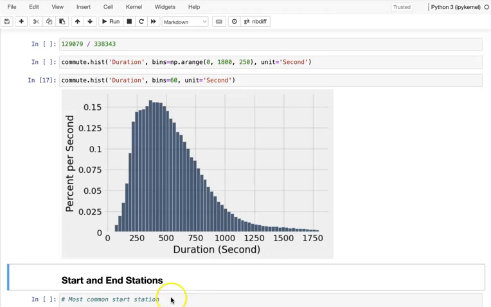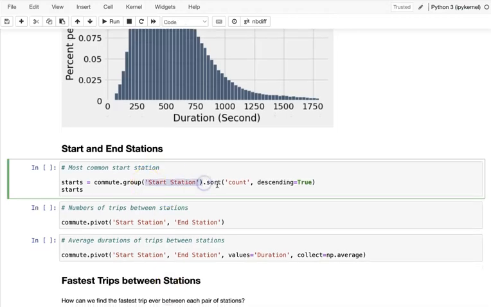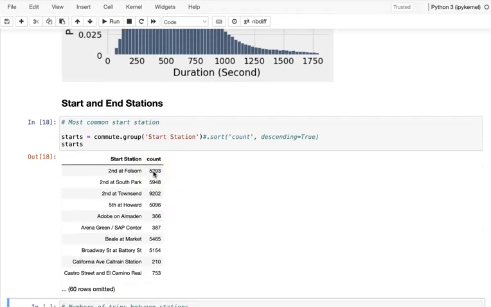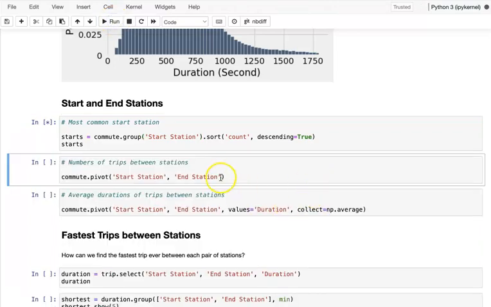Right, in order to find the most popular start station, we can group the start station. Then using the start station after the group, we sort. Let me show you here first. We do it one by one. If I group the start station, it will show the count. After you show the count, we sort by count. We want to know the most popular one, so we do descending order. Then they will give us the top one.